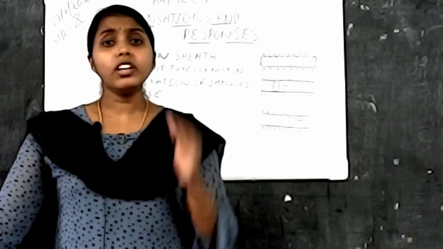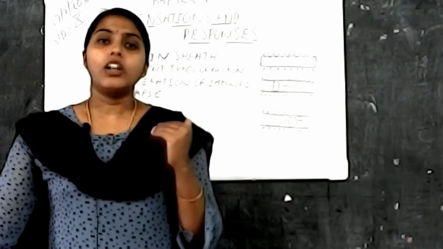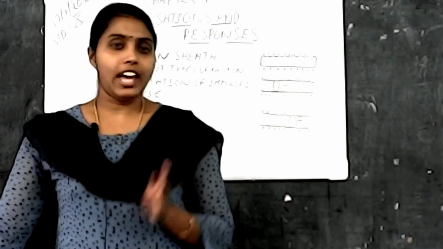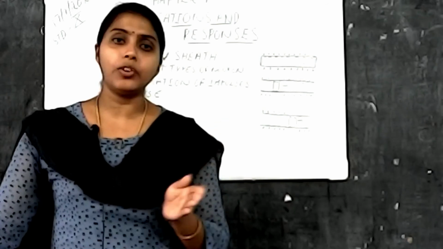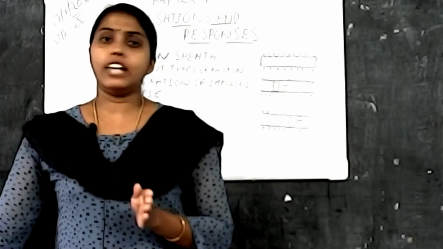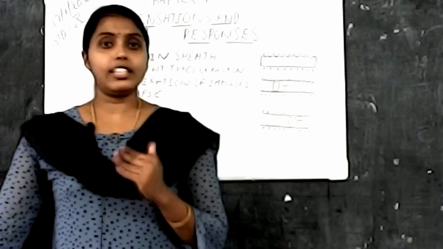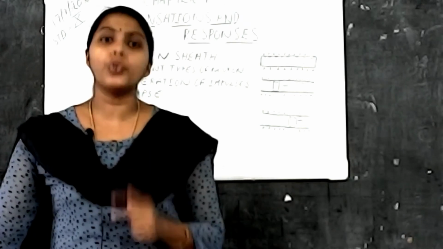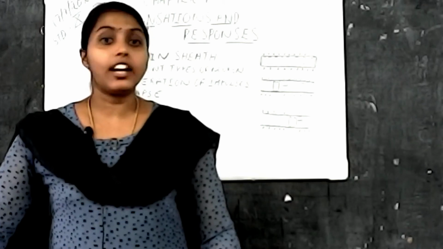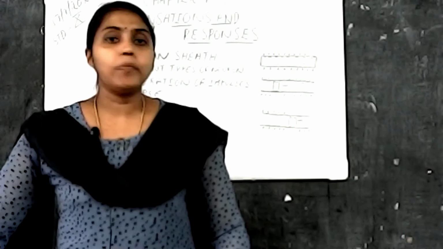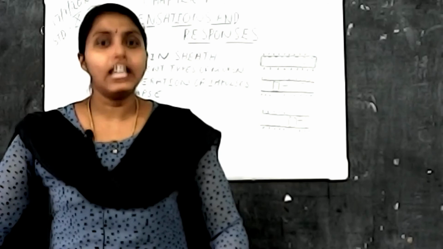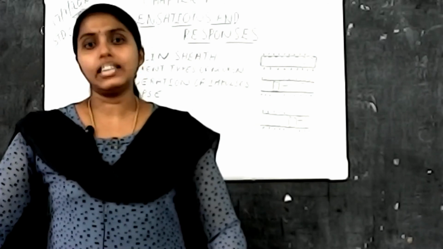And then what is synapse? Then comes the topic synapse. What is synapse? Synapse is the junction between two neurons. I have already told you, impulses in one neuron are transmitted to the adjacent neuron or the next neuron. So the gap in between that is known as synapse. Not only that gap, synapse is the junction between two neurons, or a neuron and a muscle cell, or a neuron and a glandular cell. So the gap or junction between the two neurons, or a neuron and a muscle cell, or a neuron and a glandular cell is known as the synapse.